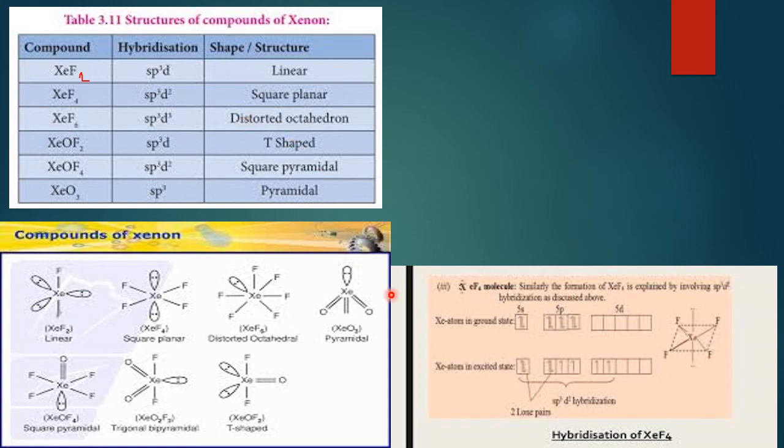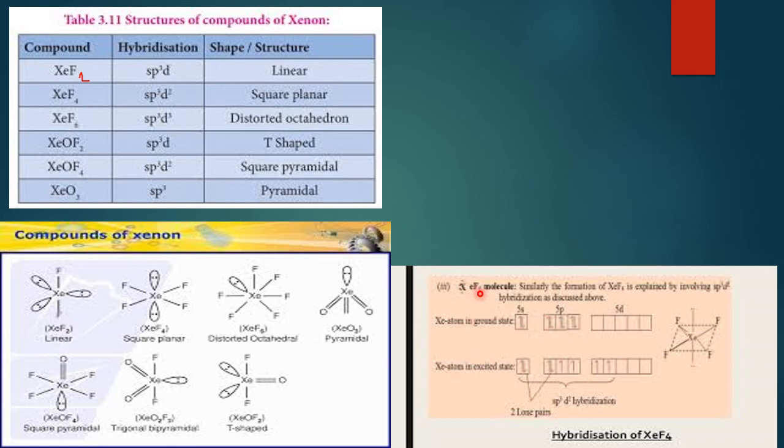Here I am going to explain only one example, that is XeF4. Using that you can do it for all other examples. So here I have taken xenon. Xenon's ground state electronic configuration is 5s2 5p6. You know that helium is 1s2, neon is 2s2 2p6 and argon is 3s2 3p6. Likewise you can come one by one. When it comes to xenon, it is 5s2 5p6. So I have represented 5s2 5p6 fully.